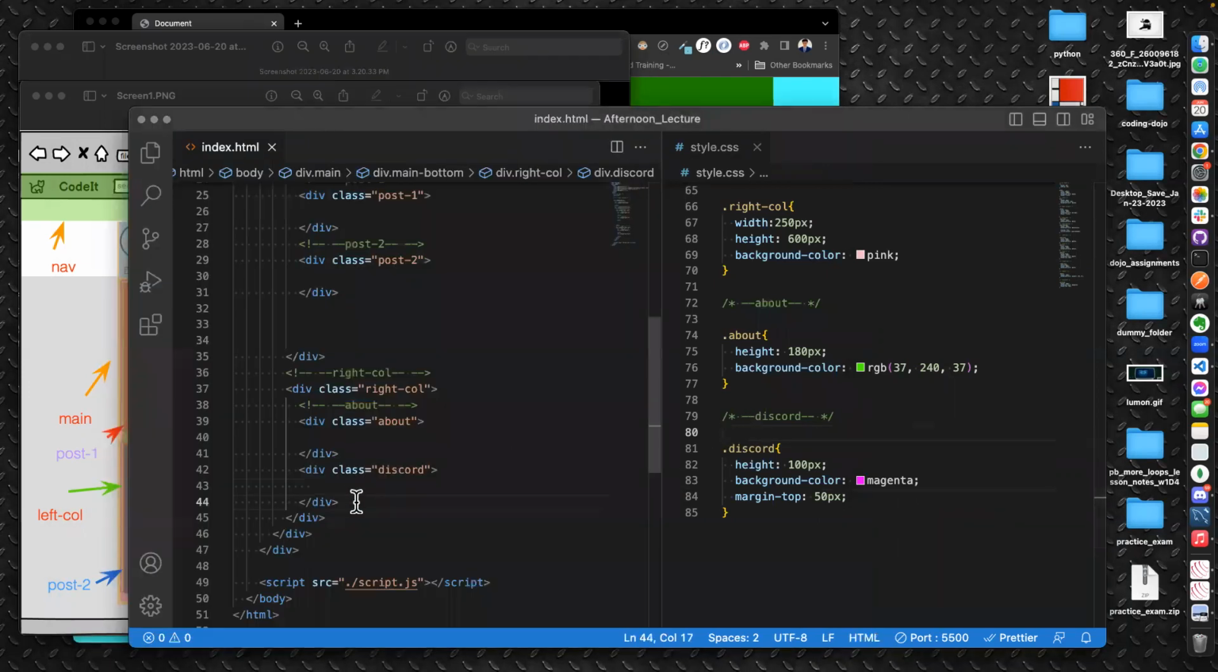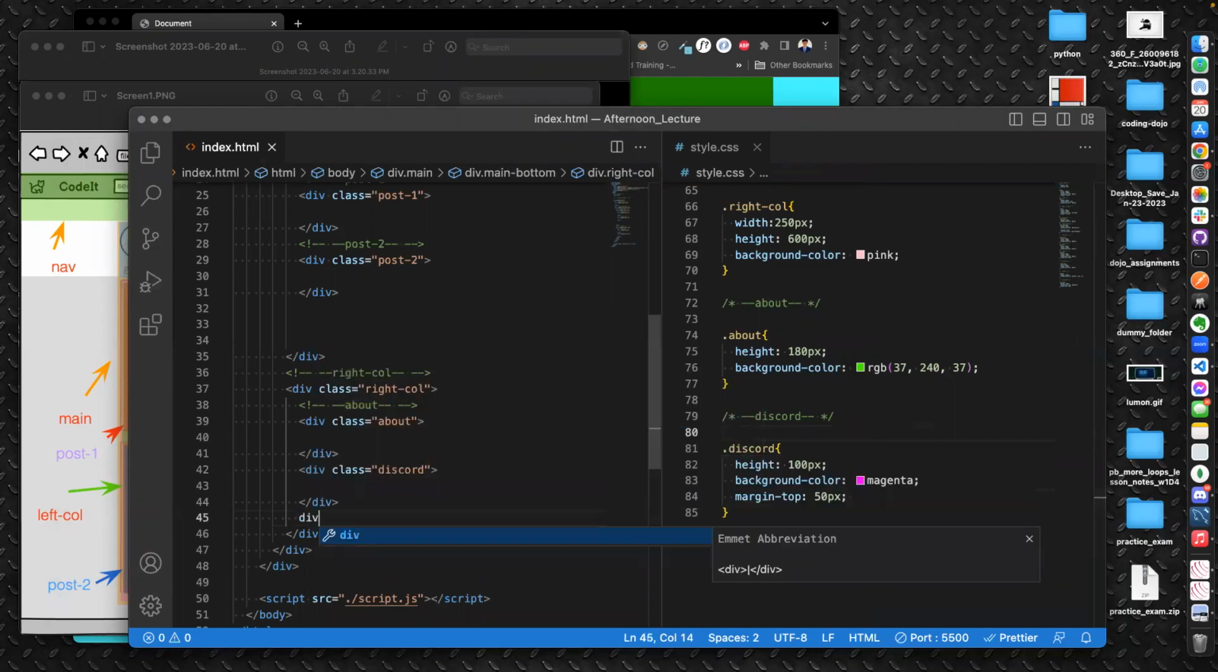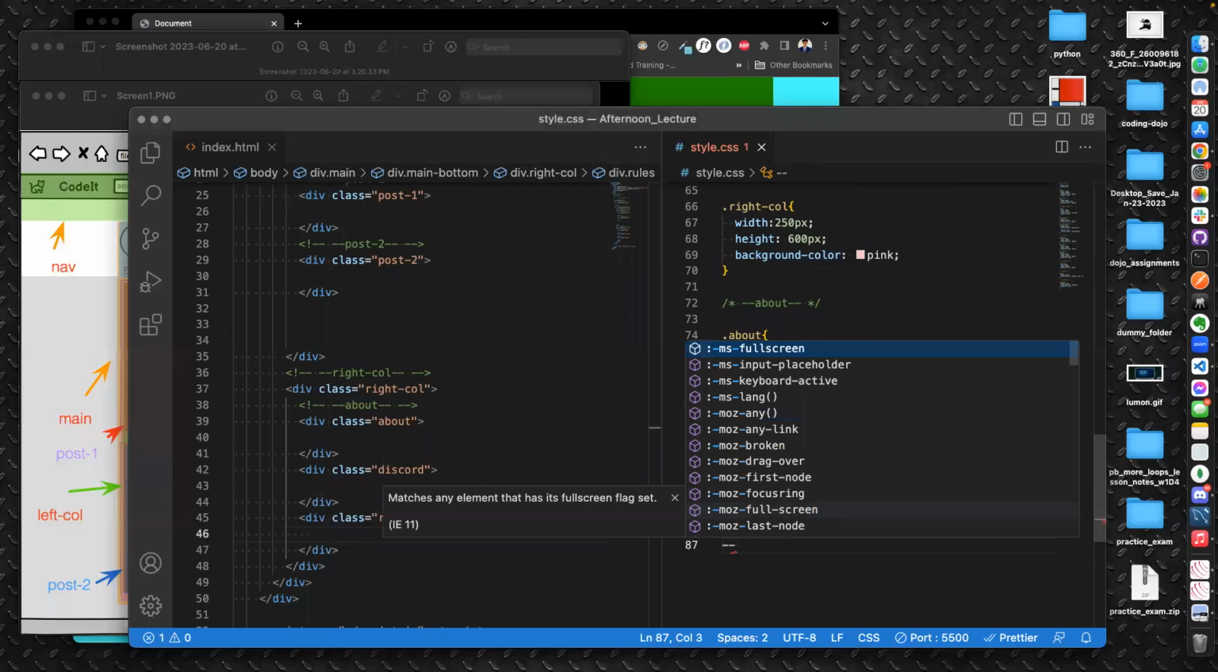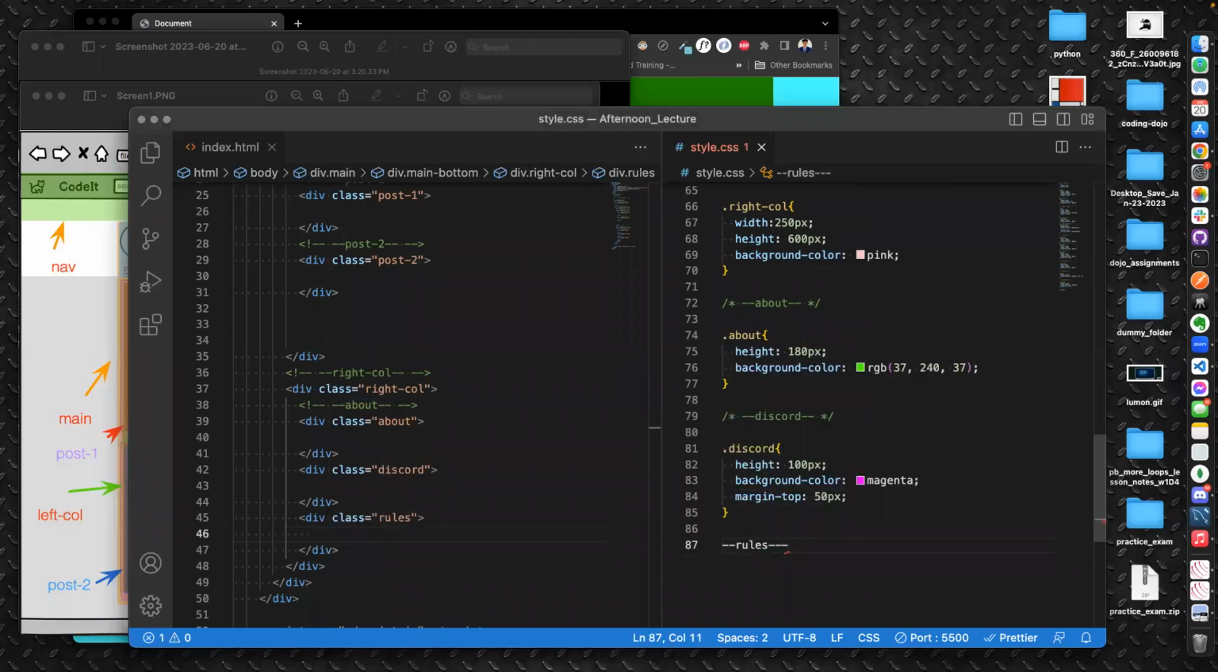Okay, so let's go below this Discord one. So click the top here so I know the bottom's there. And I'll say div dot rules. Enter, enter. And then let's target it here. Rules. We need a comment so that we section it off for our eyes. All right, dot rules. Open the comment and say height of,